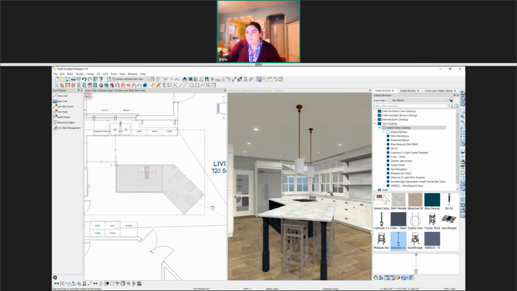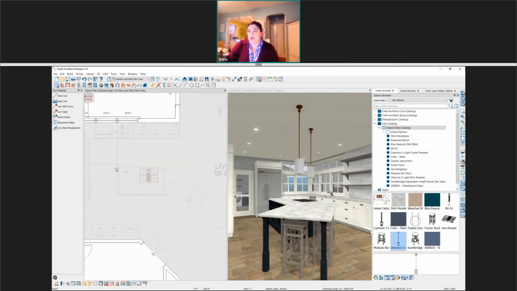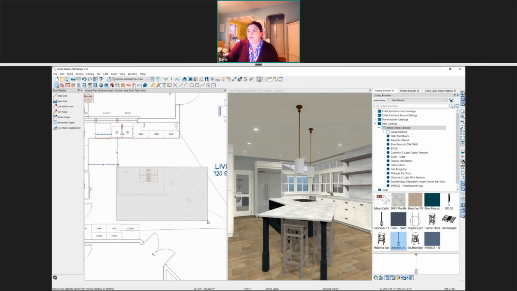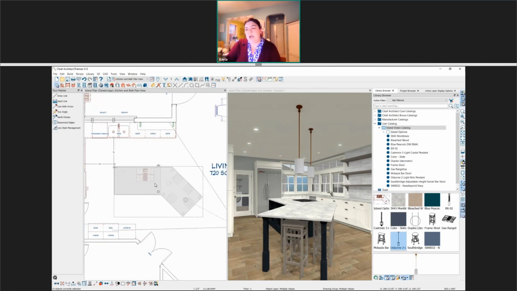It looks like I'm picking up a dimension too, which is why I'm not seeing the block. All right, so let's do a little bit closer. And I'm going to control deselect these dimensions. There we go. It was picking up dimensions, which it doesn't want to block together as well. So once I have just the items of the island itself, down in the edit toolbar, I have a make architectural block. So now I can block that together. It's now one item, so I can move this around as one item.